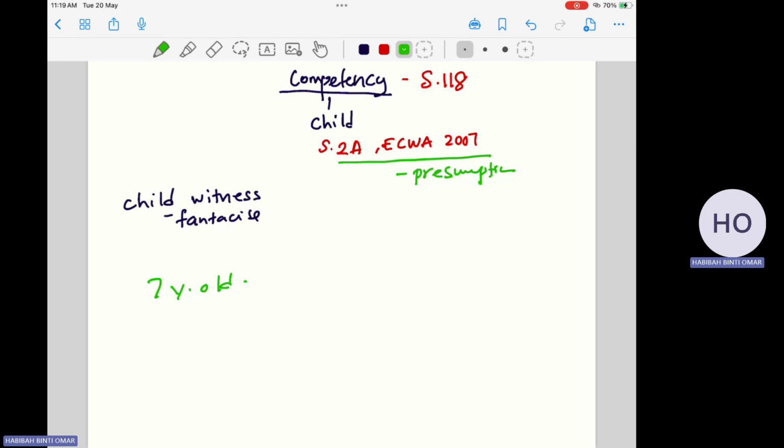Now, by the use of the word "shall", it connotes that this is a presumption of law. So if it is a presumption of law, it is not what people think; it is the law that presumes it to be like that. But the presumption in Section 2A, Subsection 1 here is a rebuttable presumption, meaning to say that if the court finds that